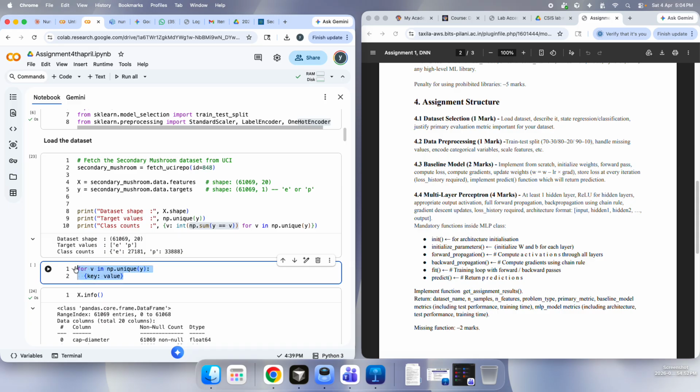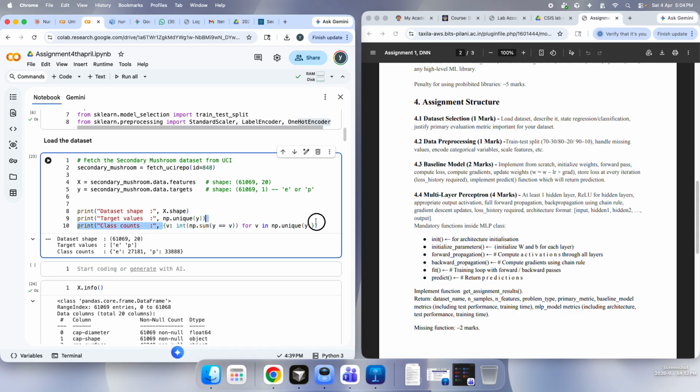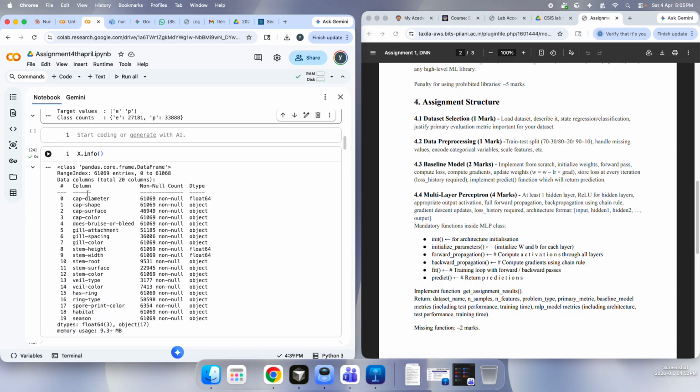So all these things are represented in a single line over here, and you can see class counts: E is 27,000 and P is 33,888. So this is slightly imbalanced, where P is slightly greater, but it is not so imbalanced that we need to worry. Suppose out of 60,000, if we had 50,000 P and 10,000 E, then that would be a major concern. Here we can just ignore it and proceed further. Now when we do the basic data science task,